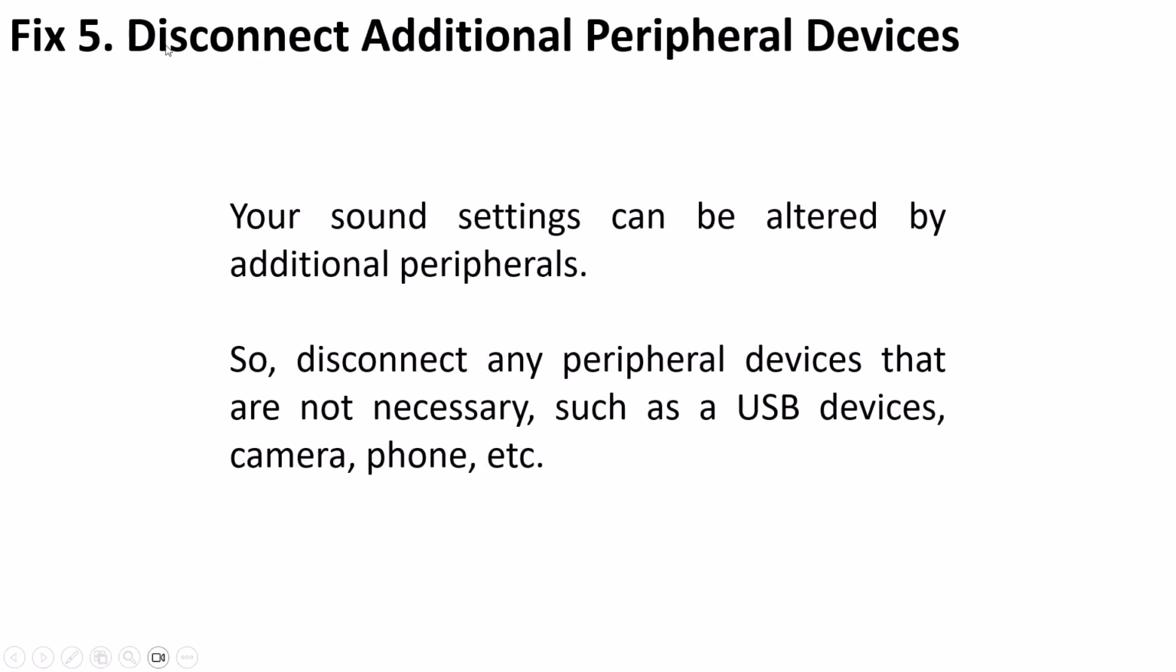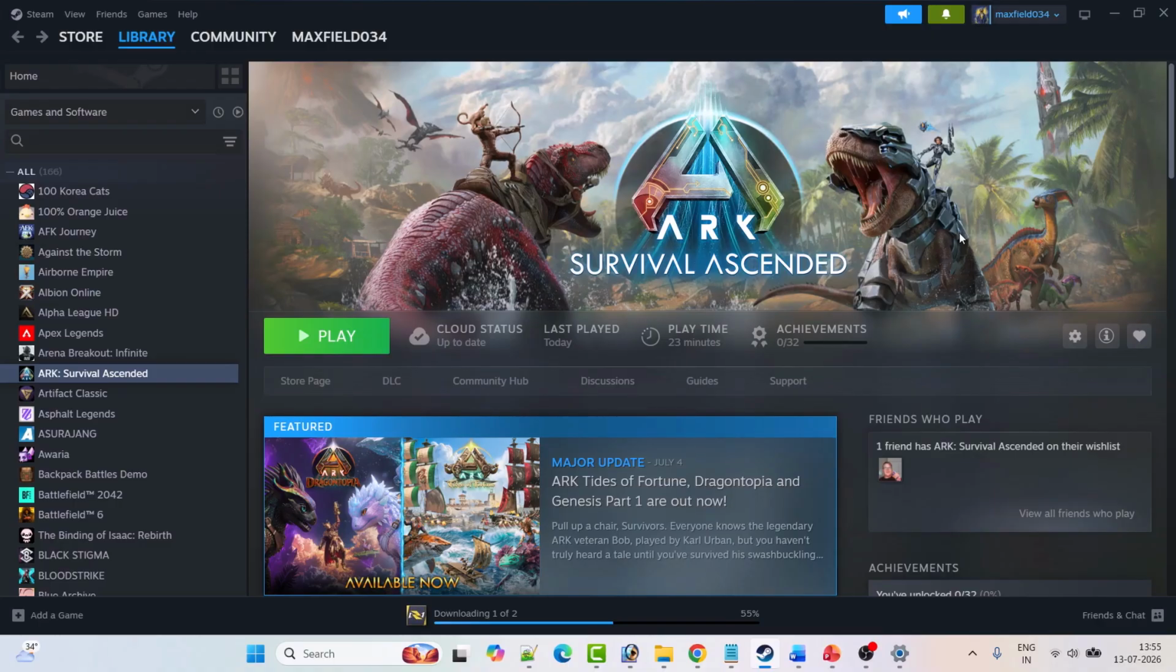Fix 5 is to disconnect additional peripheral devices. Your sound settings can be altered by additional peripherals. So disconnect any peripheral devices that are not necessary, such as USB devices, camera, phone, etc. and then check. So by following these fixes, you can easily solve sound or audio issues in ARK Survival Ascended